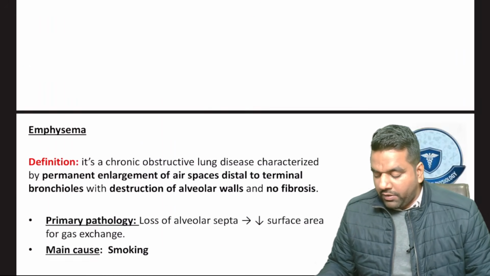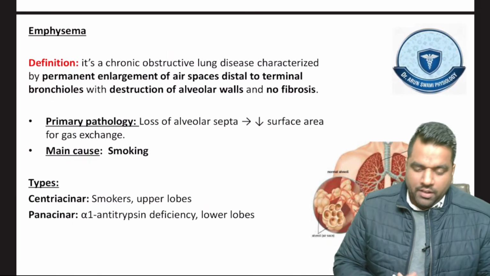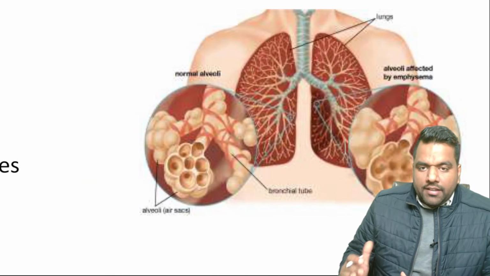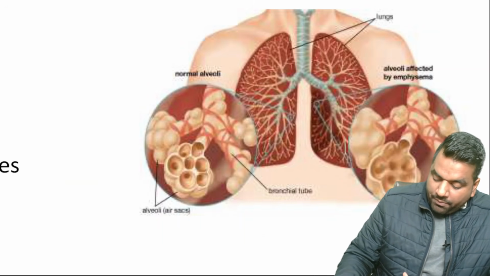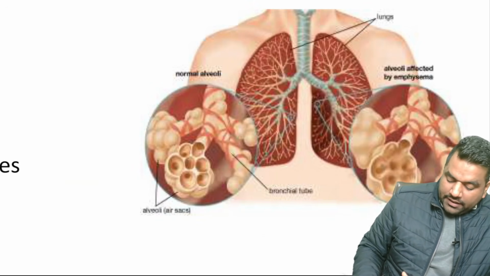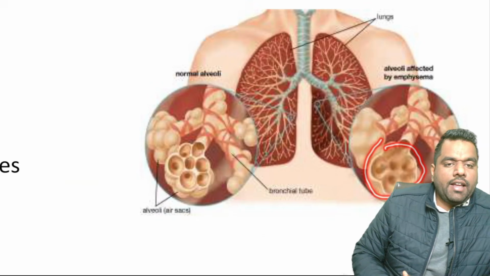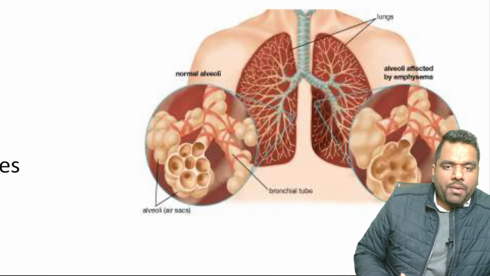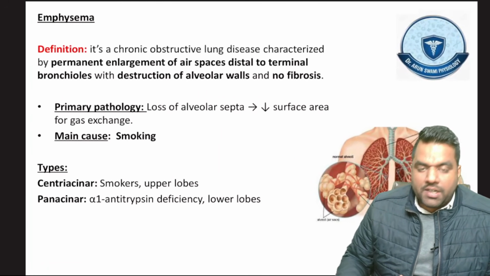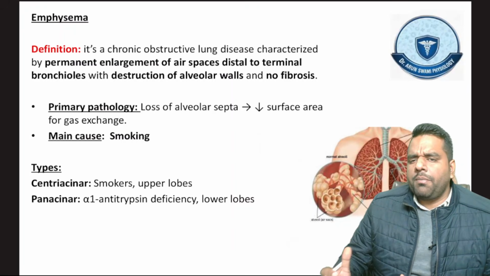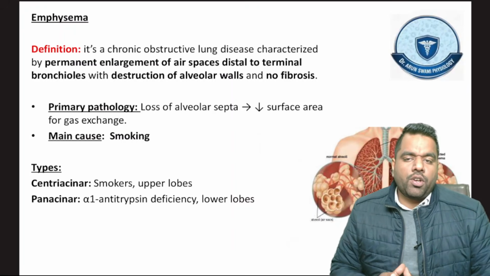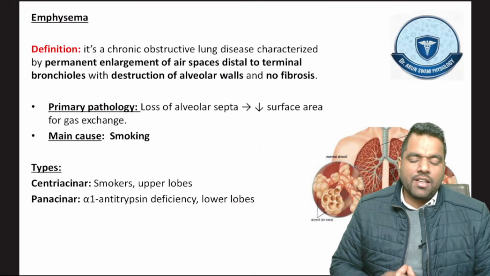So let's talk first of all about emphysema. So you can see in this picture that this is your normal side. This is the normal alveoli, and here you can see the hyperinflated alveoli, right? So emphysema is a chronic obstructive lung disease characterized by permanent enlargement of the airspace distal to terminal bronchioles with destruction of the alveolar walls, and there is